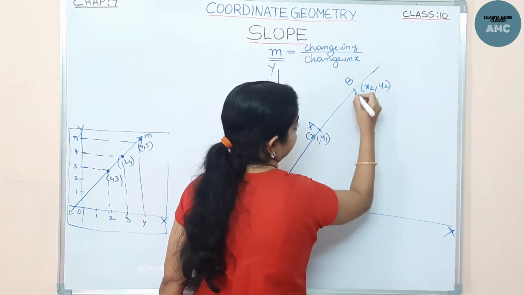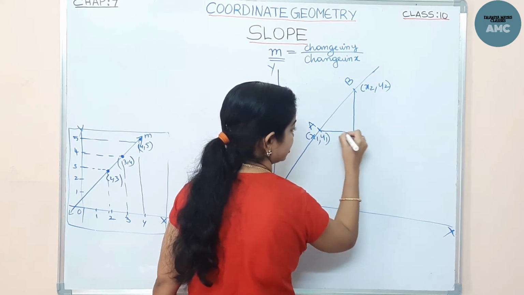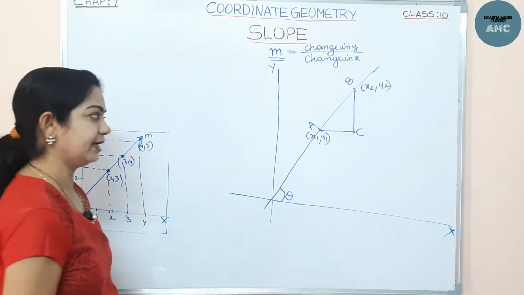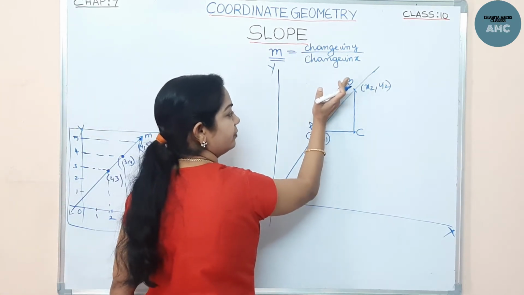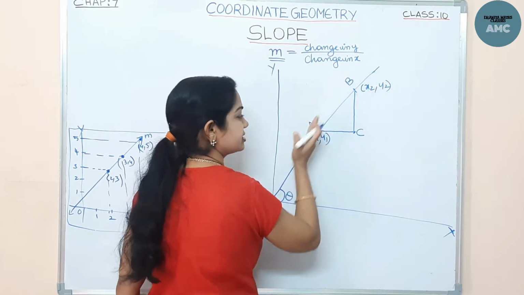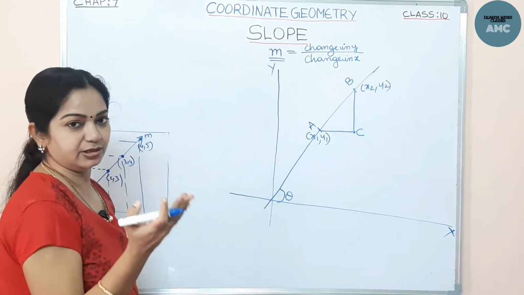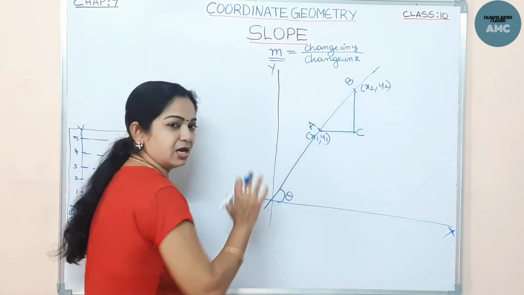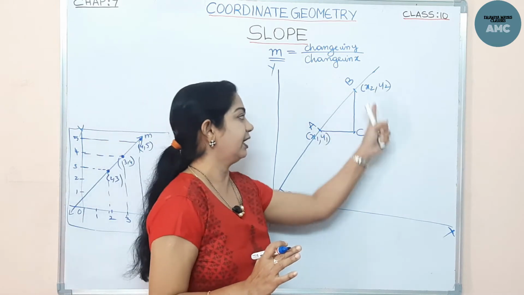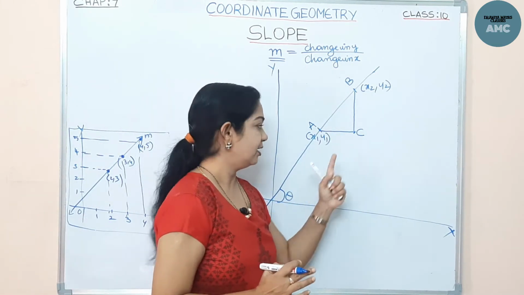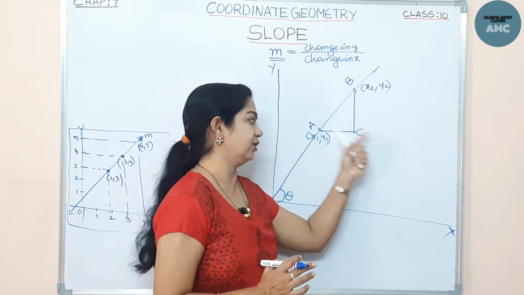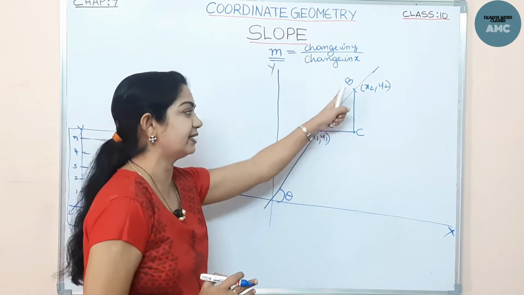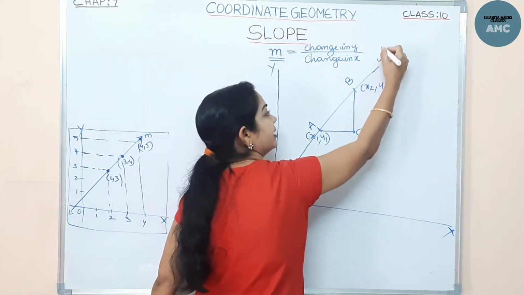Now let me take another point, let this be C. This is another point in the coordinate plane. The distance AB we know how to find: under root of x2 minus x1 whole squared plus y2 minus y1 whole squared. We have also studied the area of a triangle by getting the coordinates, if the third point is x3, y3. Now here I want to find the inclination of the complete line, let it be line L.